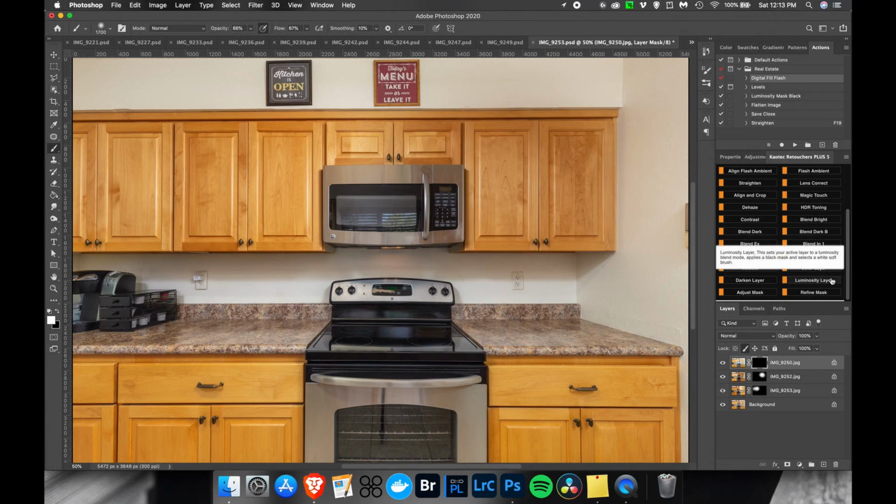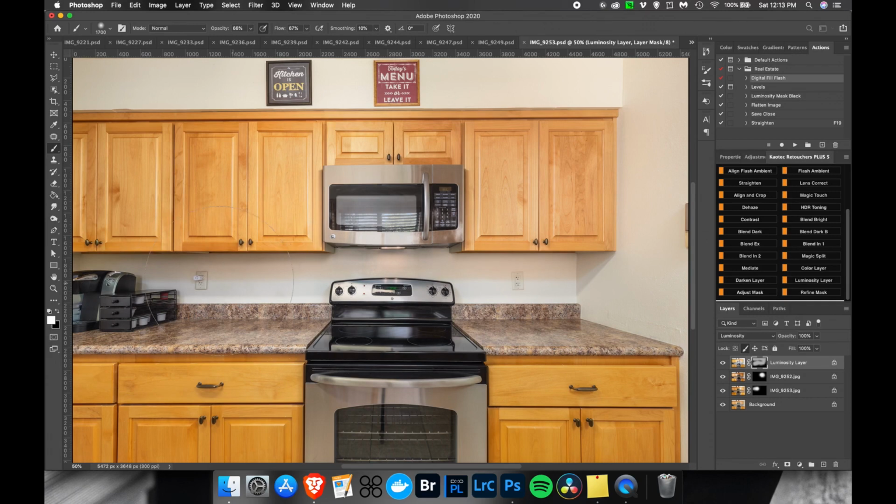And then I'll go to my luminosity layer and blend that in. This also gets rid of a lot of the flash shadow under the cabinets. And you can see it's a little orange under there from the flash shadow, and I'll get rid of that in just a second. So I don't like how bright this is here, so I'm just going to erase a little bit of the luminosity from the wood there so it looks a little more natural. And I know the luminosity is naturally there, but